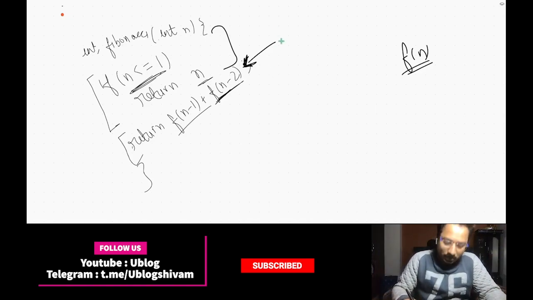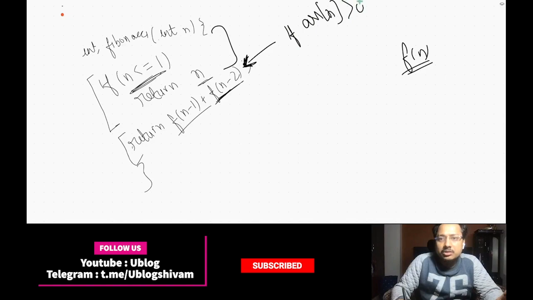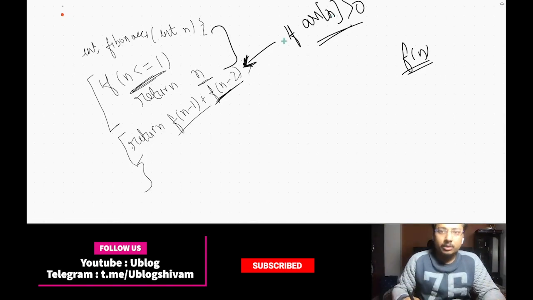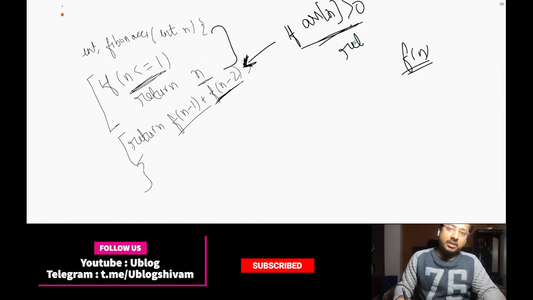If the array name is array, then if array of n is greater than 0, it means we have calculated this value, because initially all the elements are 0. If it's not 0, that means we have already calculated it and put it in the array. So if array of n is greater than 0, we just return array of n.